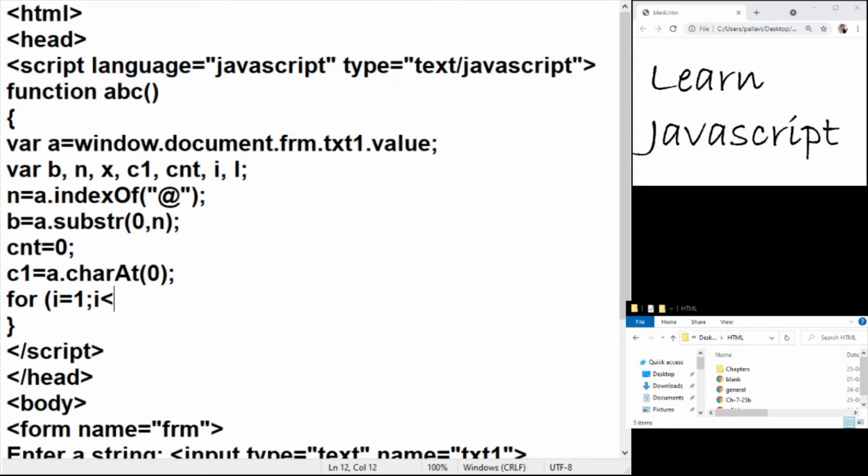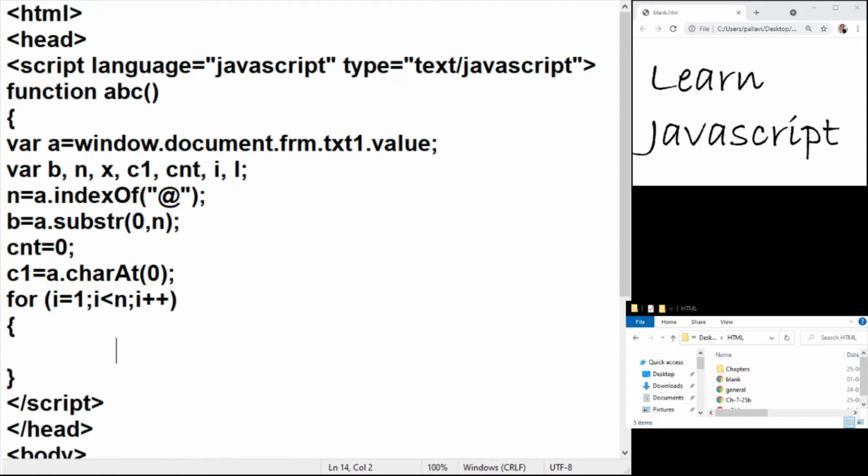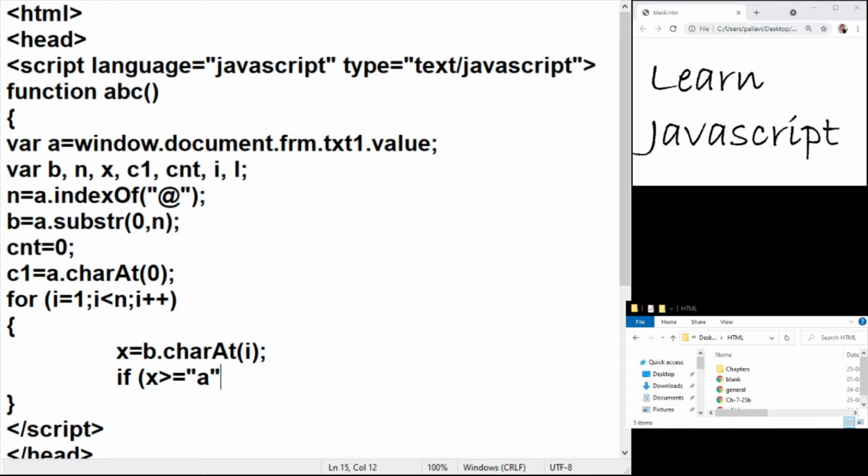So I should be less than n, and we'll take i plus plus, and what we will do is we will extract one character from the string b. So b dot charAt the ith position, and we will check if x is greater than or equal to a. Now, okay, I realized one thing, that I will have to go around writing both the capital and small case alphabet.